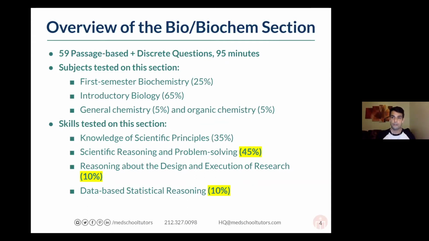But what I want to show you with this slide and this breakdown straight from the AAMC is that almost 70% of the skills tested on this section, and actually a lot of the science sections on the MCAT, have to do with reasoning. So only 35% of the skills tested on this section are knowledge of scientific principles. That's your bare bones facts, right? Like whether you know how the electron transport chain works. But almost 70% comes from actually working with the passage you're given, working with the figures and tables that are presented, and critically thinking about them and analyzing that data.